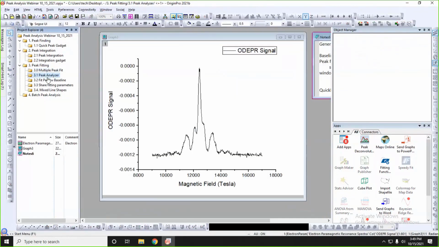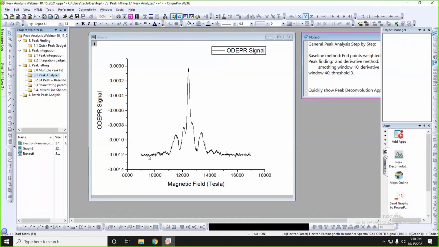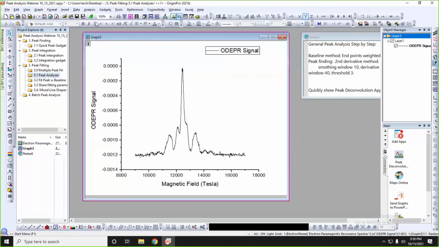Let's go and check the next topic. Now I'm going to fit more real data. Okay, so this is our spectrum. Yeah, by just looking at it, it is very noisy, and also maybe we can't just use a constant as a baseline. Okay, and there are some tiny peaks on each side, and it might also have some hidden peaks. Okay, so you can see here is a small peak at the shoulder, and this time I'm going to use